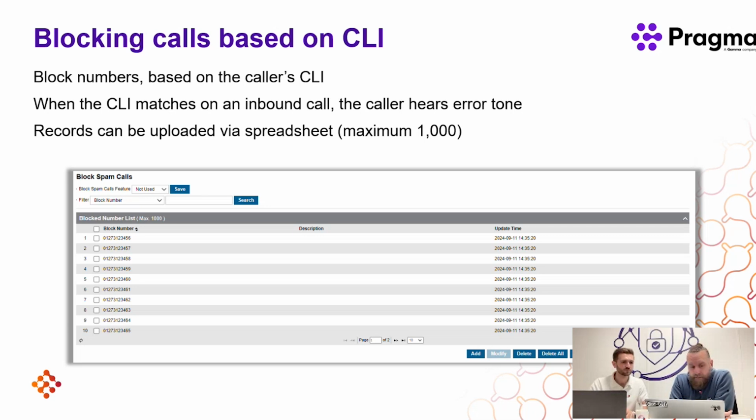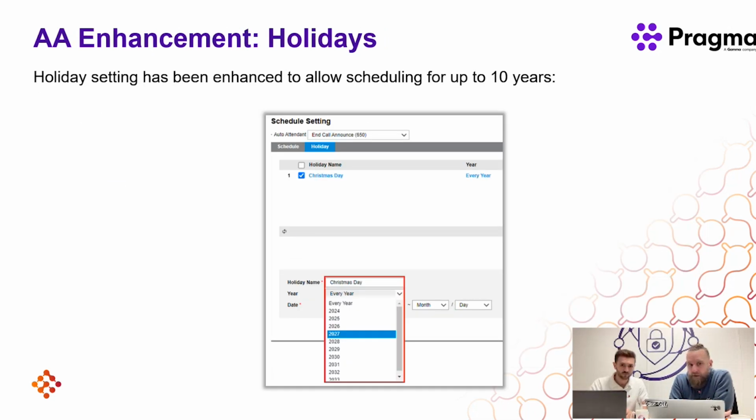Which I think is similar to the final feature in this section, actually, which is the enhancement here around holidays. And this is really just about being able to map out holidays and scheduling for up to 10 years. So really, for me, this is more about when you're in the platform finalizing the setup for the customers. It's a time saving type function for the more technical part of the channel where they're doing the final setup. So a good feature. This again is something that's been asked for a lot, but hopefully it's going to help our partners and their customers in terms of time saving.